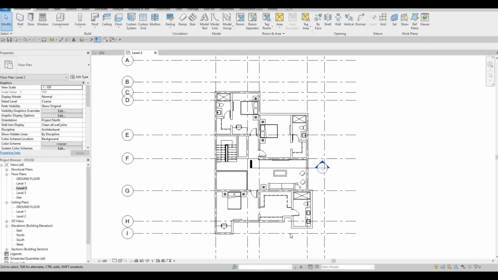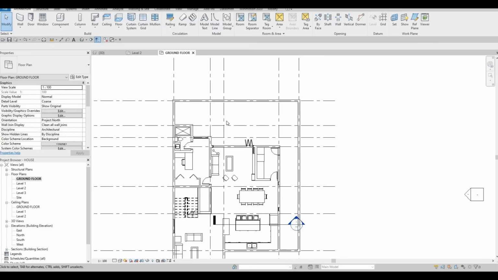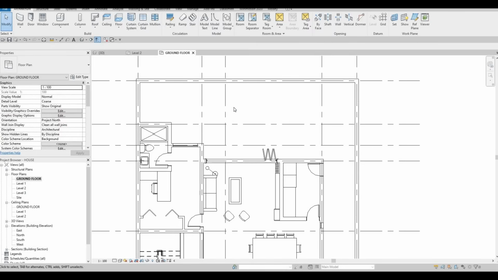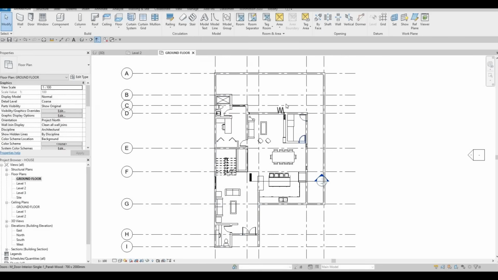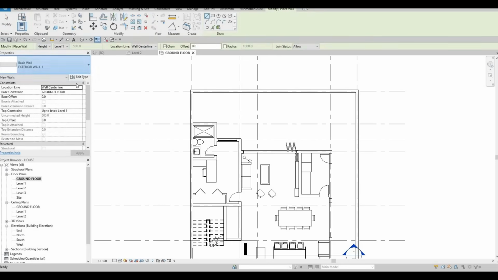So in the last video, we were able to continue level 2 on our project. Now we're gonna continue working on this. What I want to do is go to ground floor and add a backyard, or create the pool and then the backyard area. So now I'm going to create a new wall, and we're gonna call it,